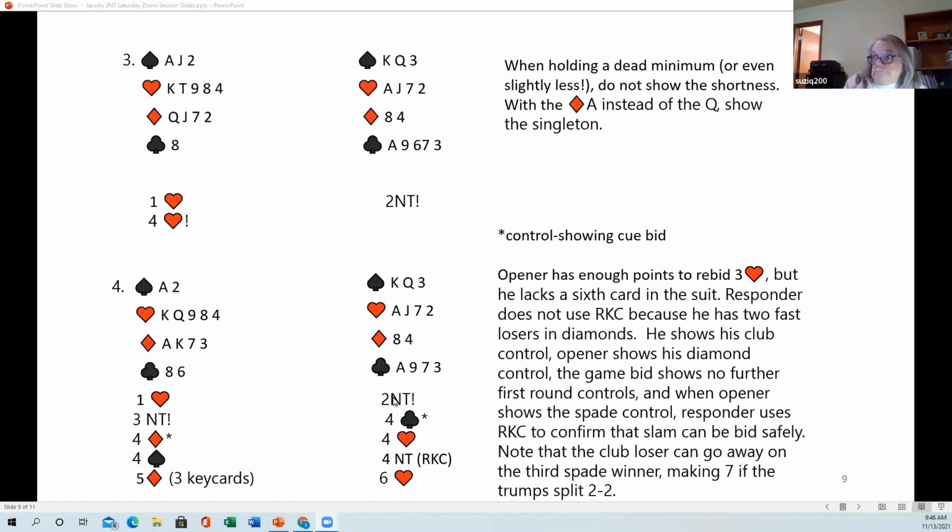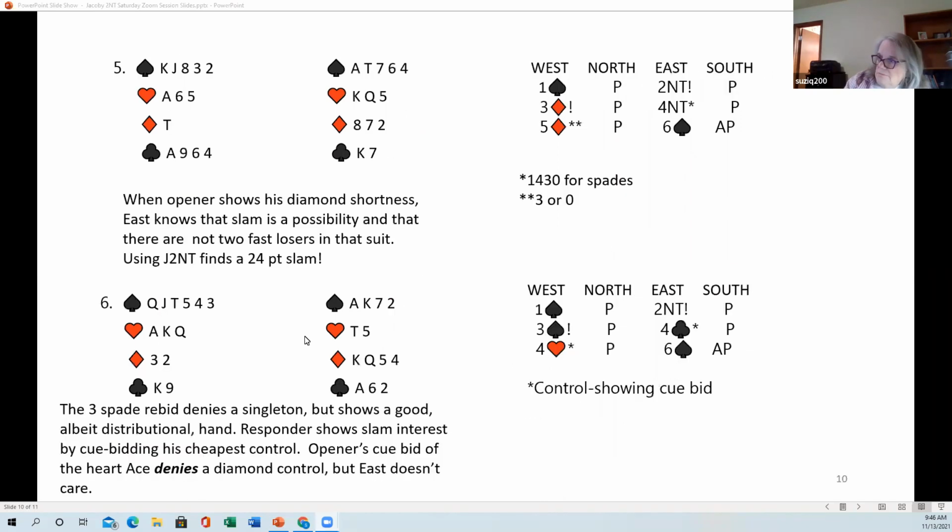Notice, if you can pitch off the club, you're going to do even better than that. You're going to make 7. Depending on what the lead is and how the play goes, 6 hearts is cold here. 6 hearts is cold. You'll make 7 as long as the trump split 2-2 without any problem. Here's another example. Some of these came from